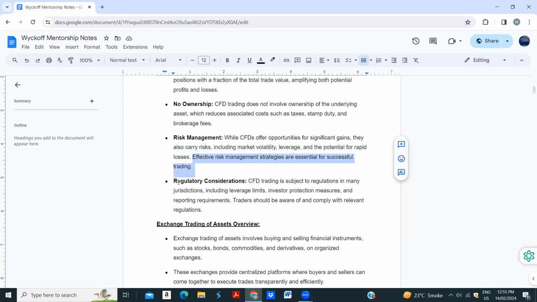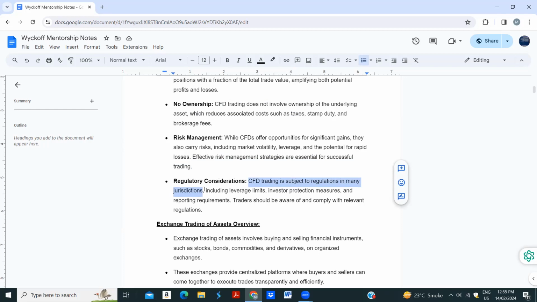Okay, now regulatory considerations. CFDs are subject to regulations in many jurisdictions. Remember that. Just like the forex market, CFDs have to be regulated in multiple jurisdictions, including the leverage limits. Now, every jurisdiction like US, UK, EU, Australia, New Zealand, they have different leverage limits, okay? For example, in the US, the limit of, what to say,